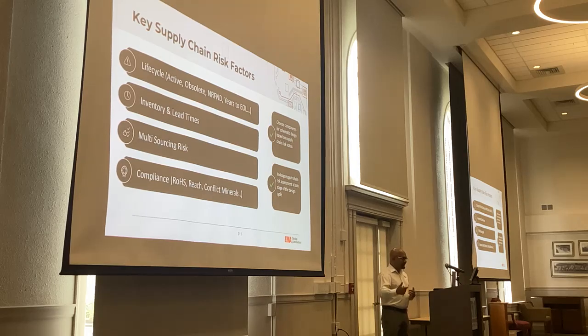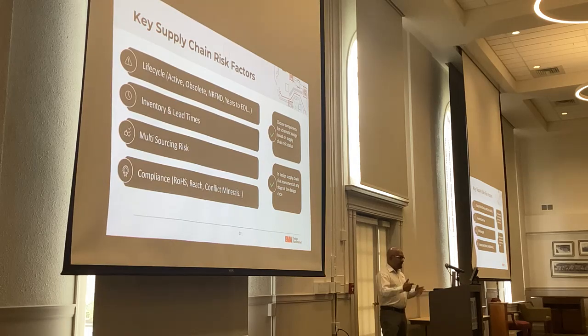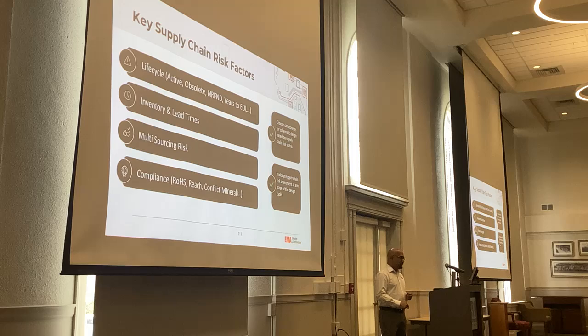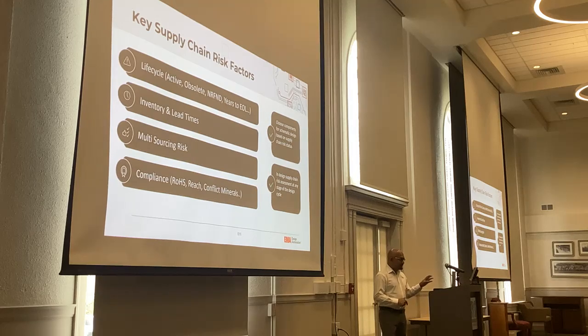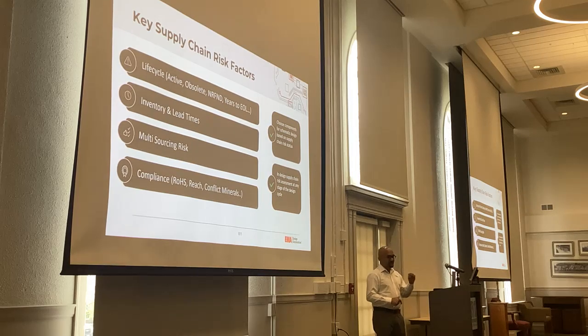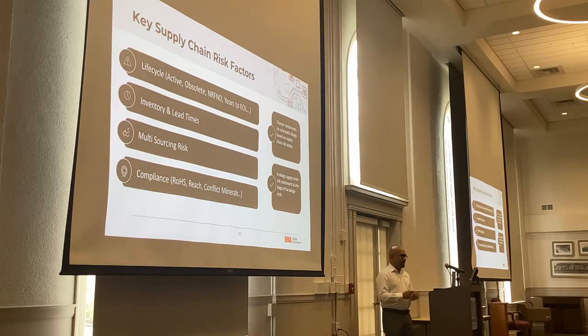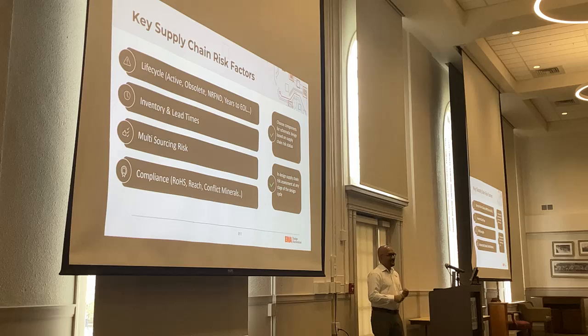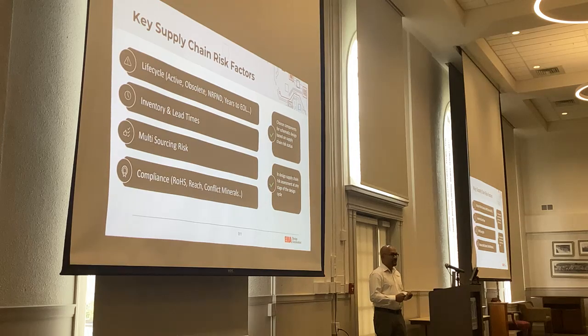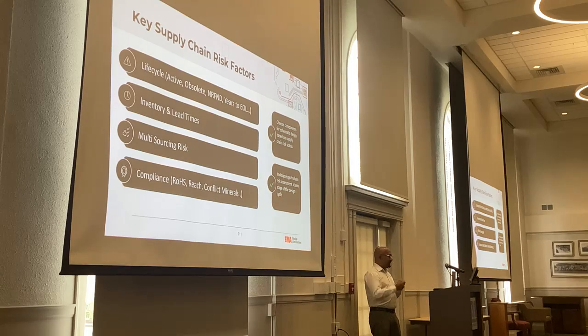The second one is inventory and lead time, which became more prominent in the last few years. Multi-sourcing risk is probably the top reason why supply chain department or purchasing people reject a part. If you select a component, they want to be able to negotiate the best price. And if they see that it's a single source, they're like, you don't have much negotiating power here. You've got to find an alternate part. And then the last one is compliance. And some of these rejections, whether it comes through a PLM system or an